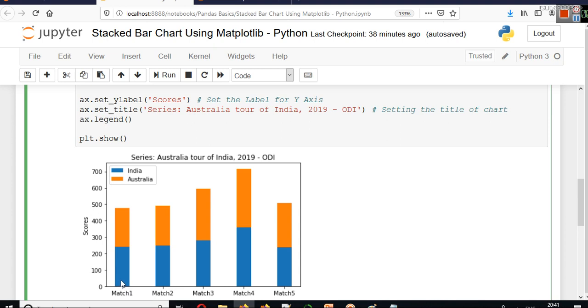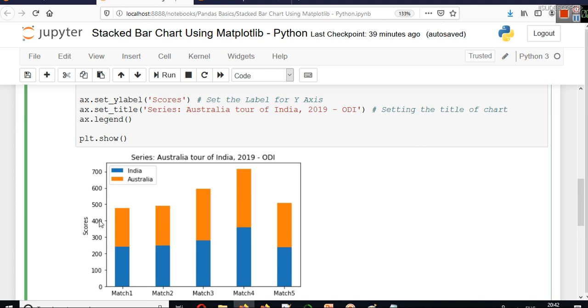In this stacked bar chart, we have information on 5 matches that were played between these two teams. In blue color, we have data about India, and in orange color, we have data of Australia.